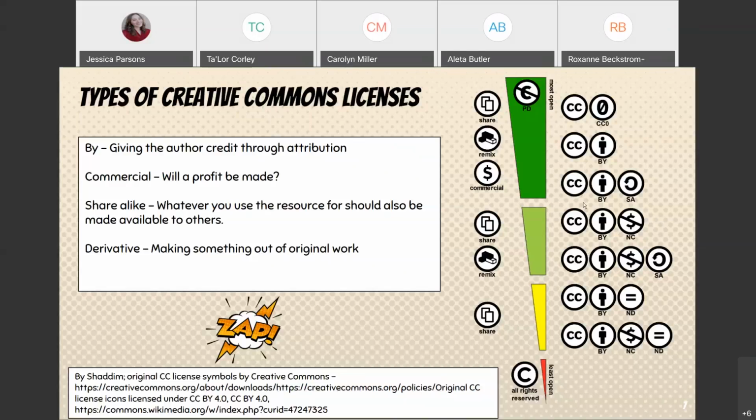The next license that we come across is CC BY share alike. Share alike means that if I create something out of the content, I need to make sure that I pass it on, that it's made available to others. For example, if I take